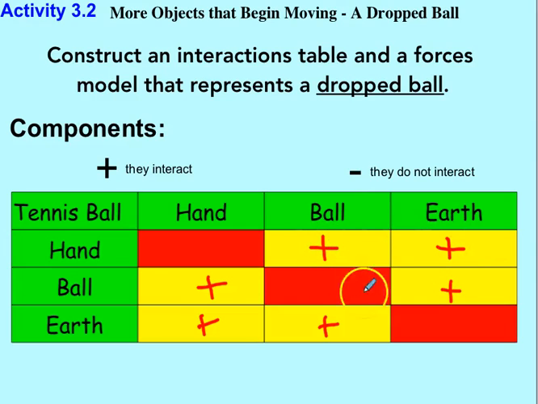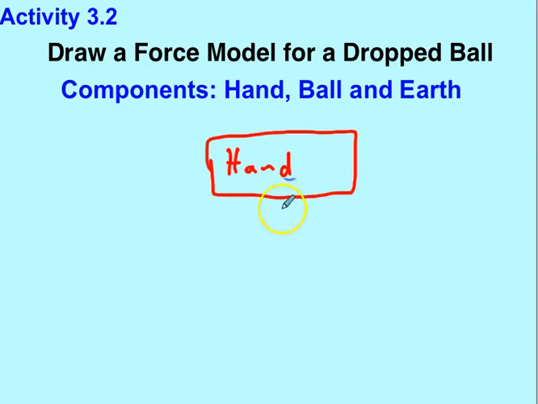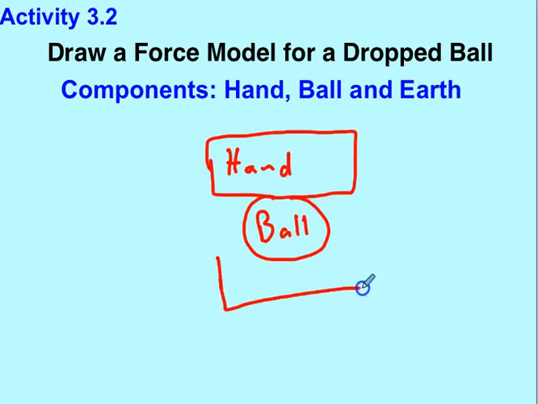So what I have to do now is, if I were to create a model, my model would show that there would be arrows between all these. And when I draw those arrows, remember, if it is a force that acts at a distance, it would be a dashed line. So I could create something like this. You can go ahead and pause the video and see if you can make this on your own. I might have the hand above, here's the ball, and maybe I would have another